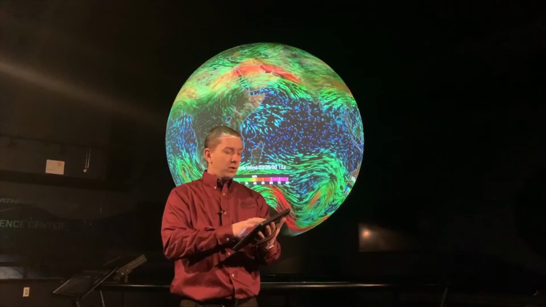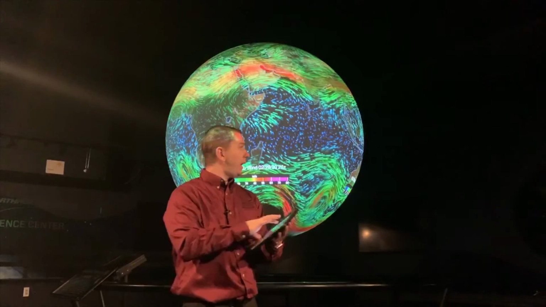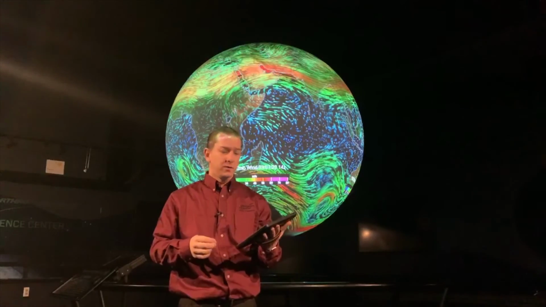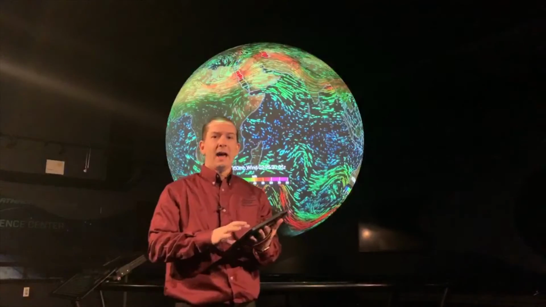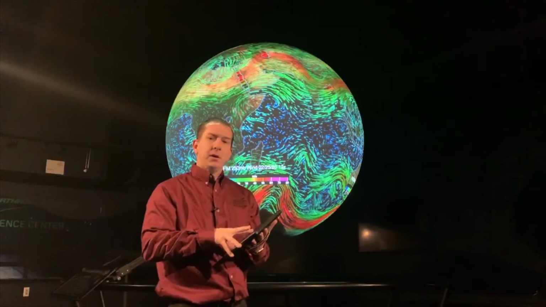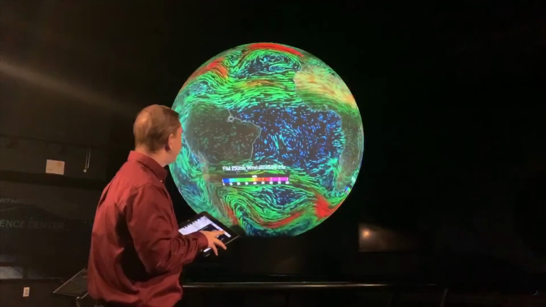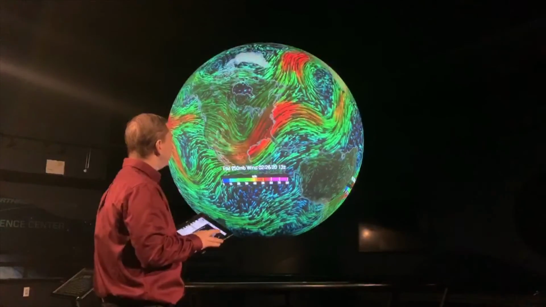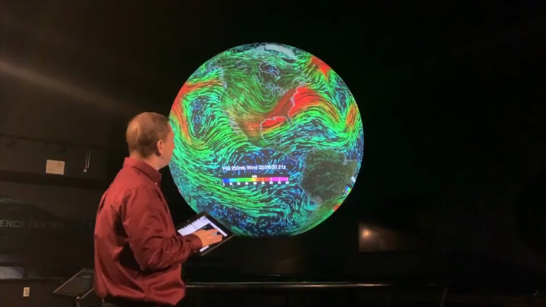So what is the weather or what is the wind going to be over the next few days? This is a model that looks at wind around the world, and this forecasts what the wind is going to be like. Now, here in the United States,